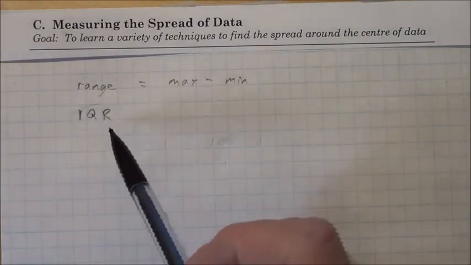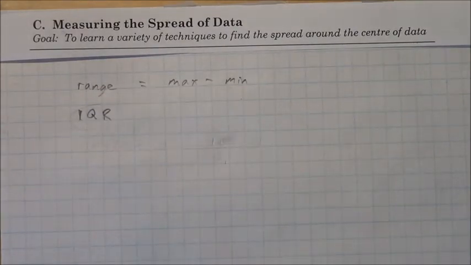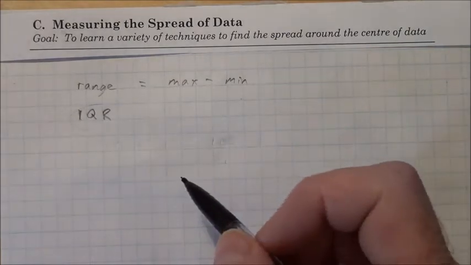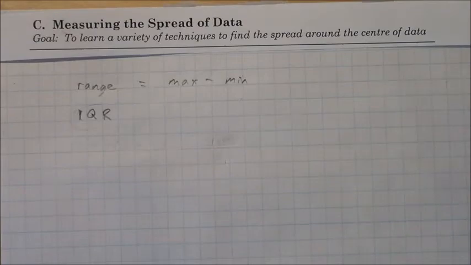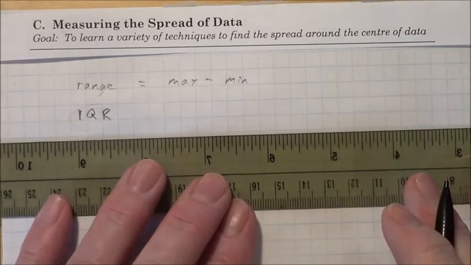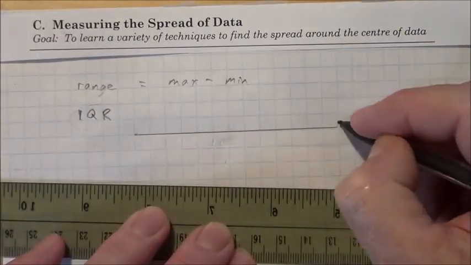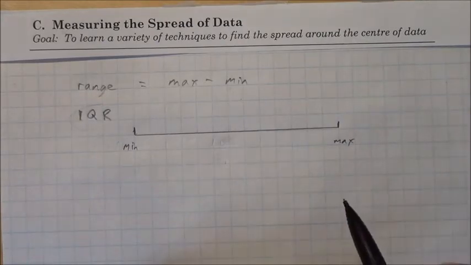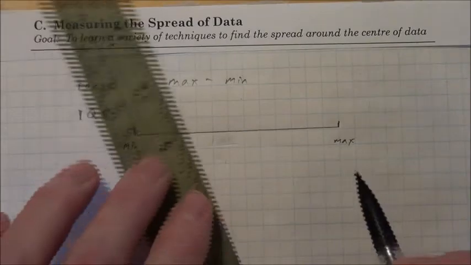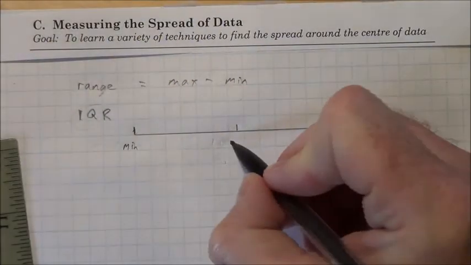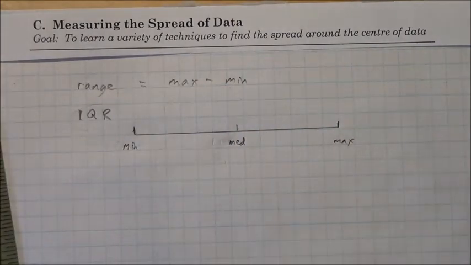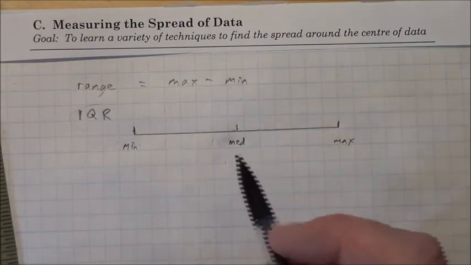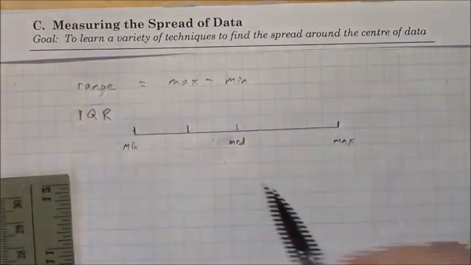And when we look at the interquartile range, we use the concept of median. We know the median will take the data and split it into two halves. So if we were to illustrate a set of data, say from here to here, this would be the minimum value, this would be the maximum value. Then the median will split that in half. I think that would be around here-ish. So that would be the median. And then if we divide the lower half into two halves,